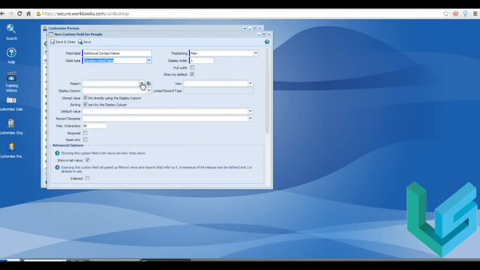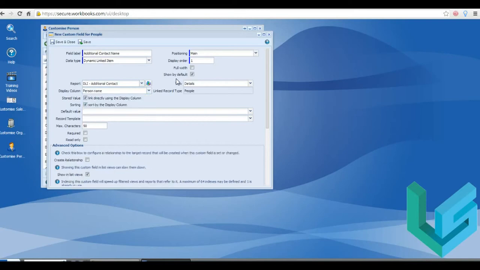and I'm going to select a report. So now I've got my additional contact report, and then my display column is going to be the person name. And then there's a couple different things you can get into, like what view do you want to use in that report. We had a couple different views. It's always going to pretty much be the detail, or there's another view that you can create. And then the display column, the stored value, you want to store the value of the display column when you put that item in there, and then